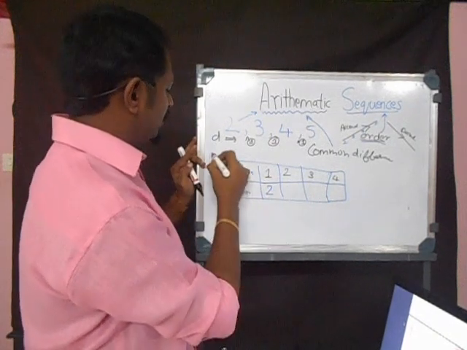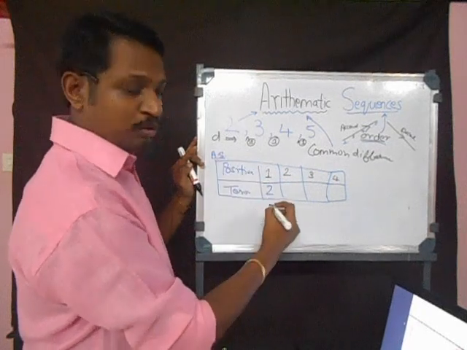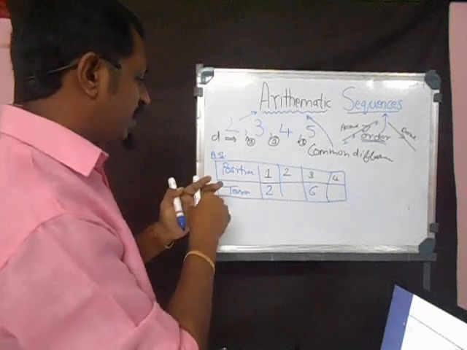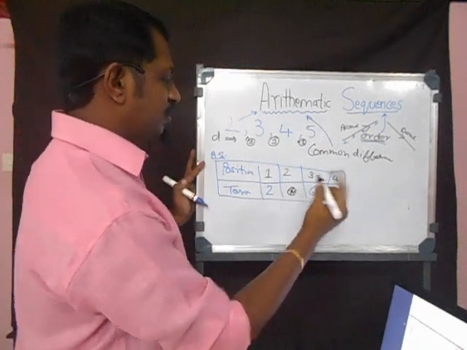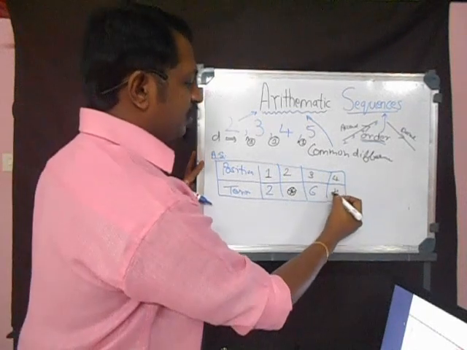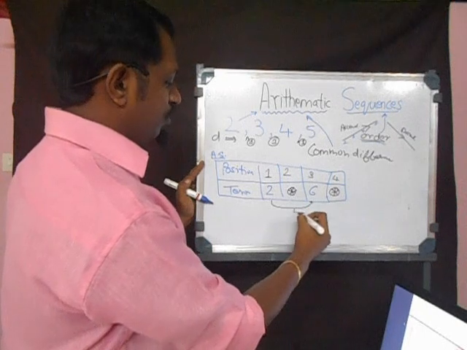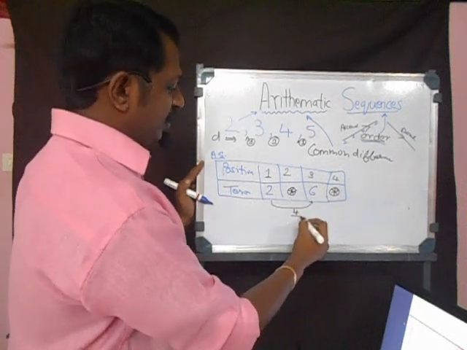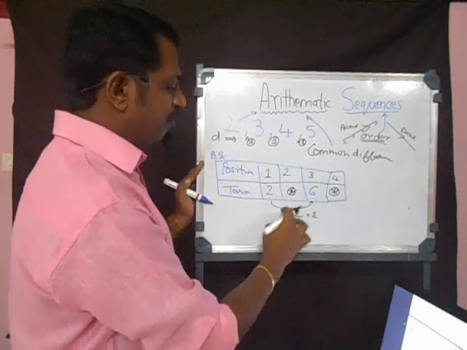2. So all this is an arithmetic sequence. Now I am talking about arithmetic sequence. So this is 2. Then here I take 6 and here I do not take anything. Let's see how to find this number. There is one simple method. By your logic you can see that 6 minus 2 is 4 and you are jumping 2 positions. That means divided by 2 you get 2. That is the common difference between them.